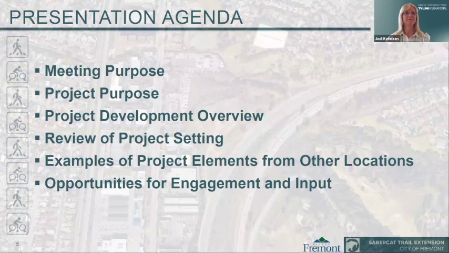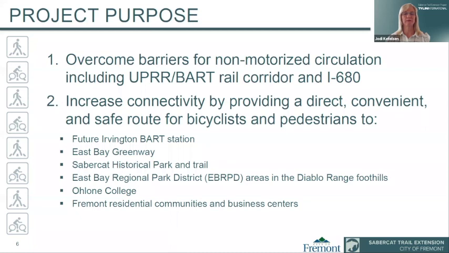So with that, the project purpose is to overcome the barriers for non-motorized circulation, including the Union Pacific and BART rail corridor and the I-680 that more or less bifurcate several pieces of Fremont from each other. The purpose is also to increase connectivity by providing direct, convenient, and safe routes for bicyclists and pedestrians to access the future Irvington BART station, as Rajiv said, the East Bay Greenway, the Sabercat Historical Park and Trail